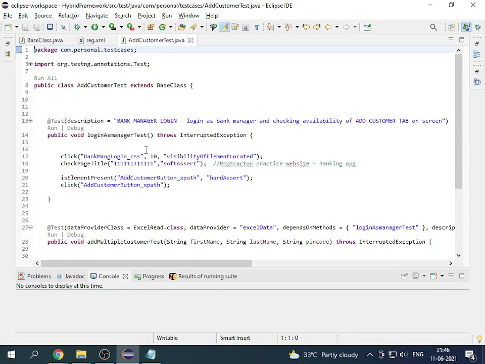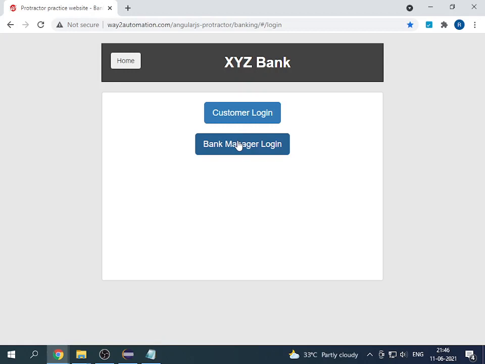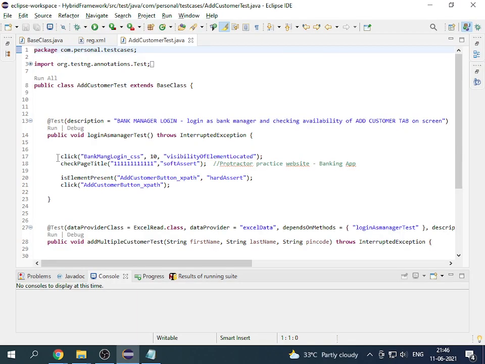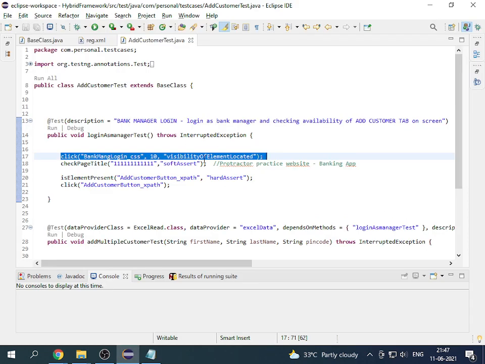Add customer test. Okay, the description that we have provided over here, as simple as that. But what the test case is doing is clicking here, just clicking. It will click on this first button. First of all, it is going to check the visibility of this button, and check the page title.